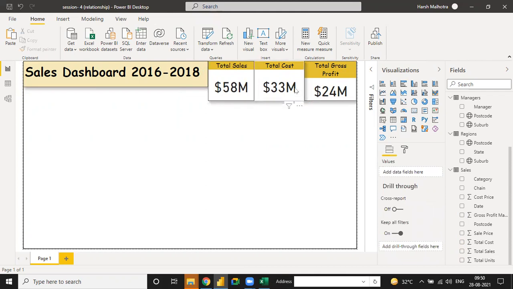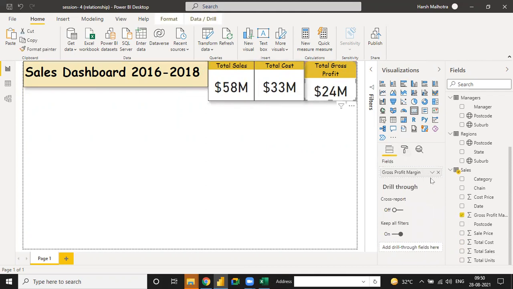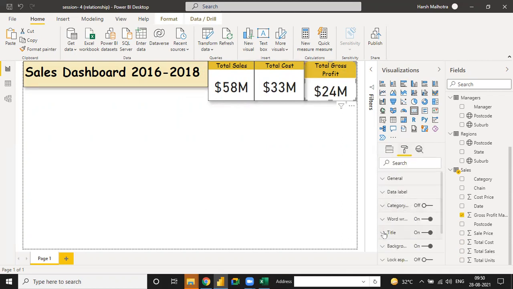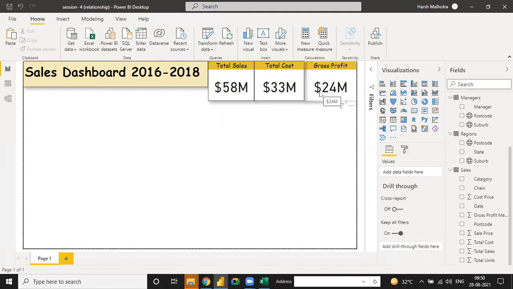Total sales, total cost, and total gross profit. Otherwise, you can also change the name of this if you need to change total. So you can, here is gross profit.